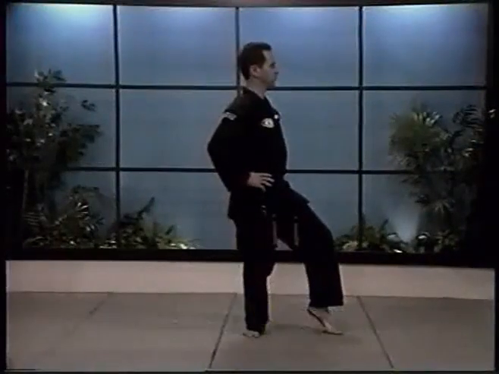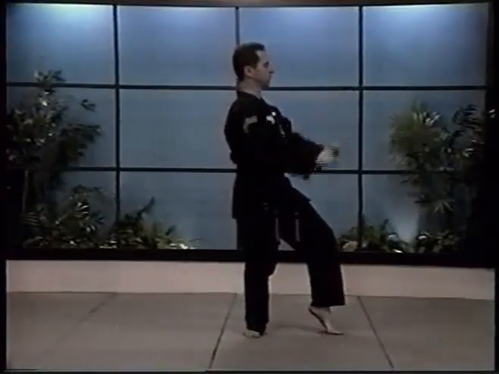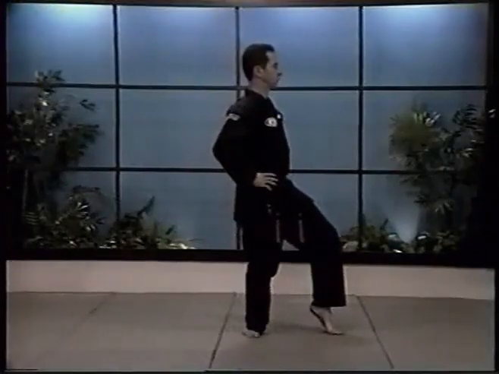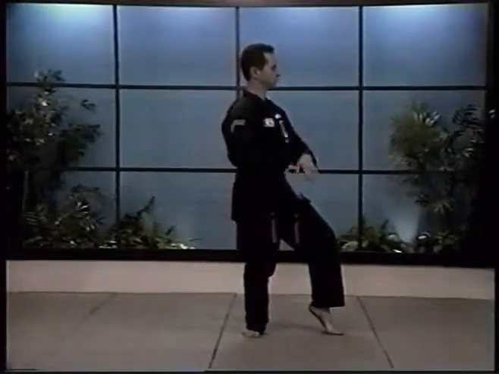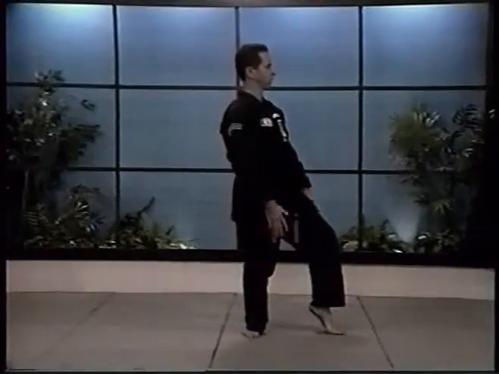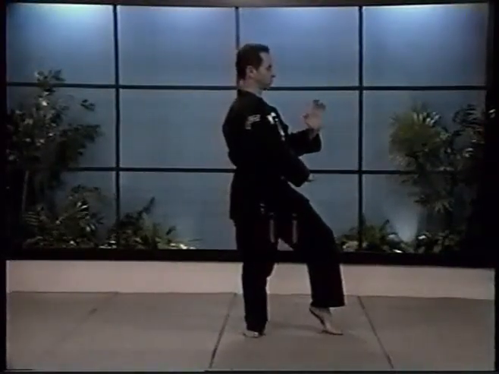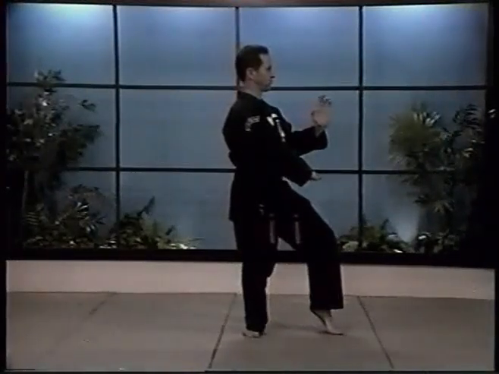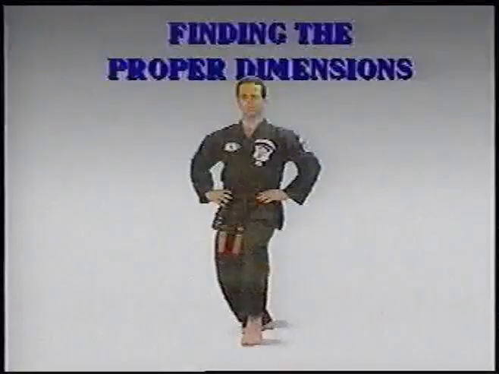Side view. Keep your back straight. Keep your head erect. Keep your buttocks tucked in and make sure it sits low. Make sure that both feet are pointed away from you. Place your arms and hands in guard position. Keep your left knee bent. Raise your left heel off of the ground. Your left foot is also at a 90-degree angle. Your right foot is at a 90-degree angle also.